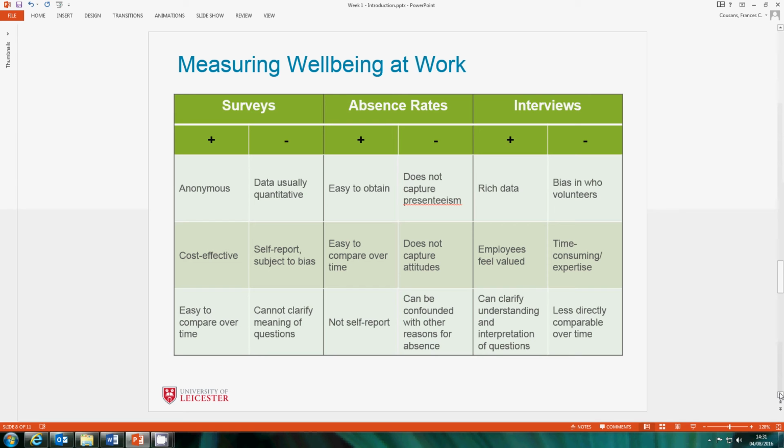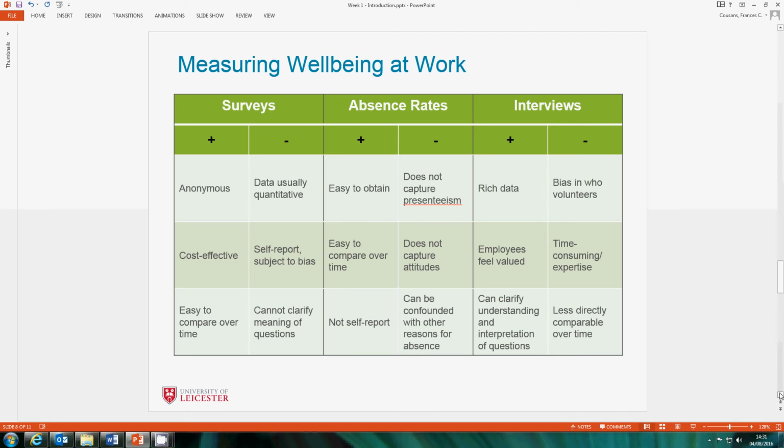What are some of the positives of measuring well-being at work using a survey? Well, a big plus is that they are anonymous, so people may be more inclined to be open and honest without fear of retribution, although do note that sample sizes might not be sufficiently large for this to be true. So, for example, if you break down results by role and there are only 2 team leaders, then it's not